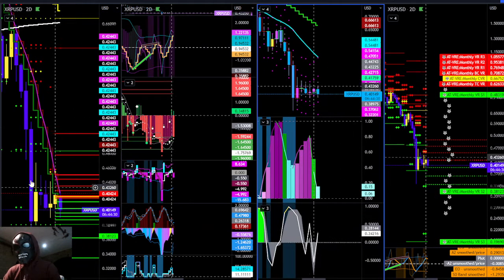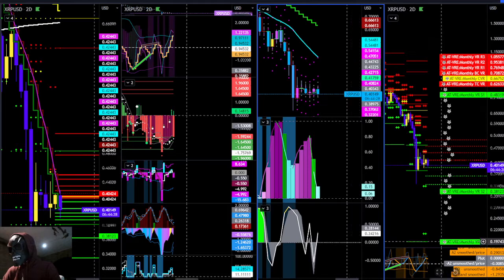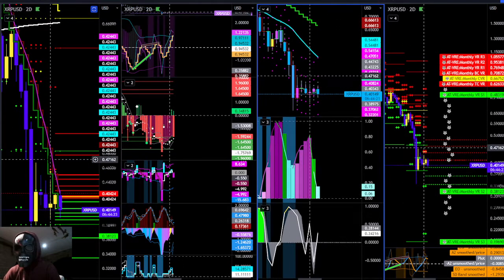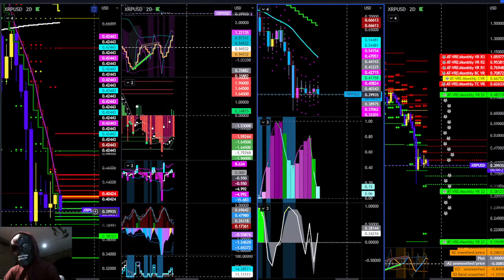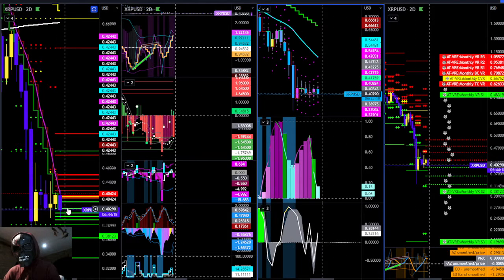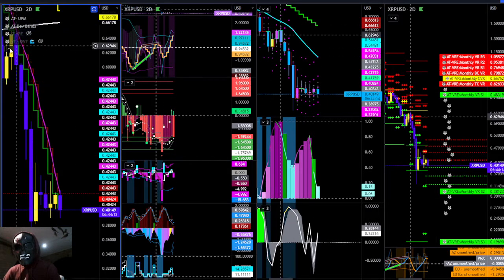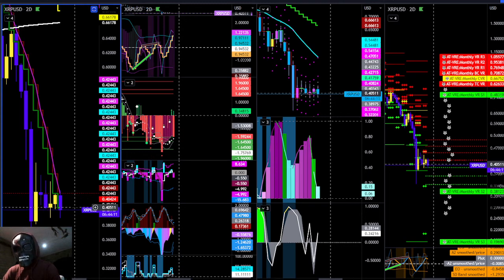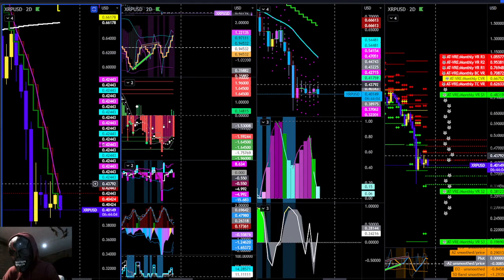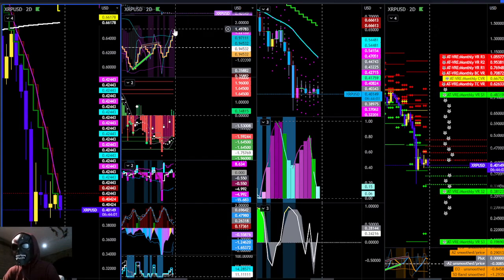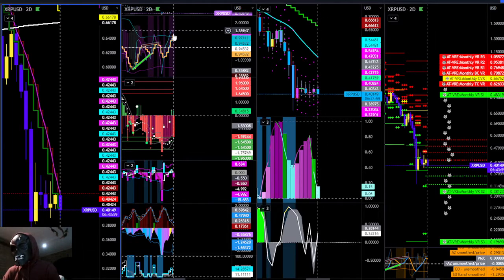Contracting positively correlated, that is what has kicked us down, having outlier events. As good as these rips were to the upside, they weren't sustainable. What we're testing here is, let me turn the VRE off. What we're testing here is to see if we can open and close above this log MA. And if we can close the next candle above this log MA, I usually look for continuation to the upside. Yes, these are a bit oversold, as they would say in RSI terms, but we are hitting our outlier